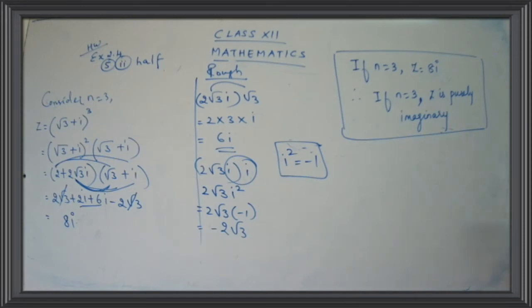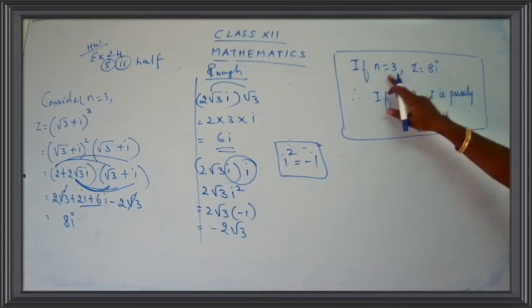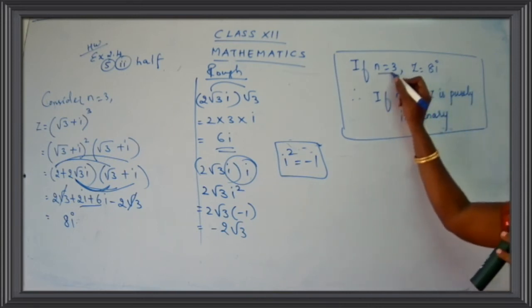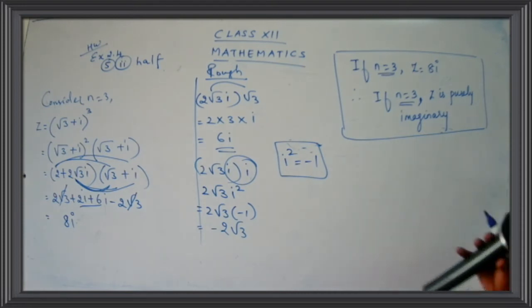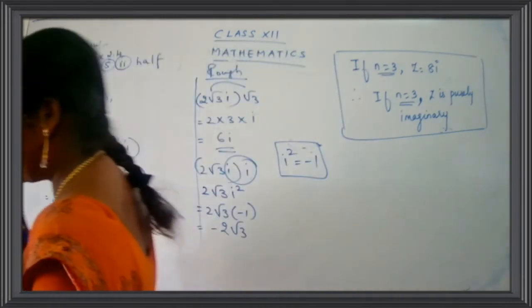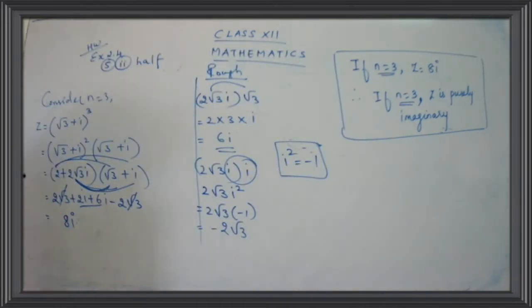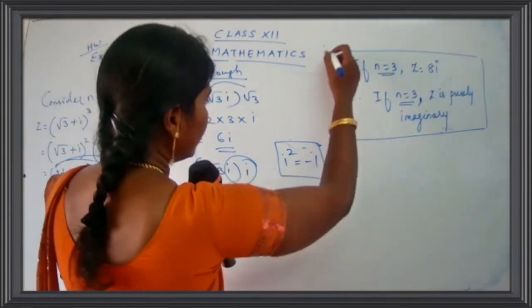Okay, so we have found the value for n for z to be purely imaginary. So when you say z is purely imaginary, n is equal to 3. You can just underline this. This is the answer. If n is equal to 3, z is purely imaginary. So we have completed only the first part and we have one more part. Yes, we have to find out the value for n, which says that z should be real. Okay children. So now what are we going to do? So see here. I'll just continue here, children. You can continue, no problem.